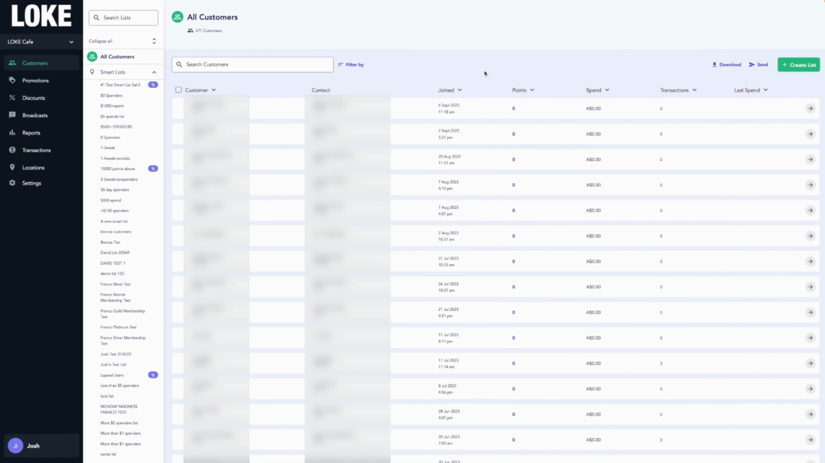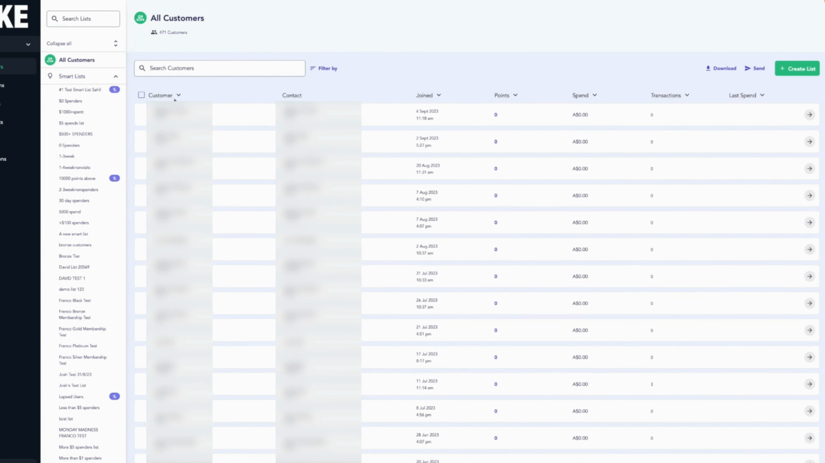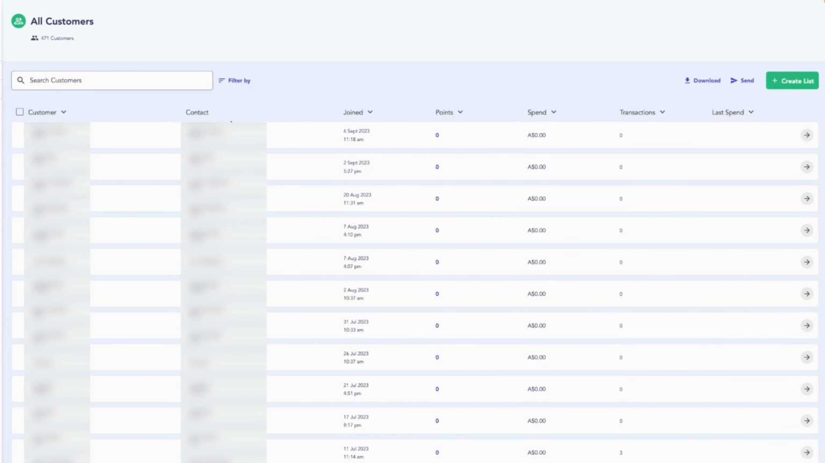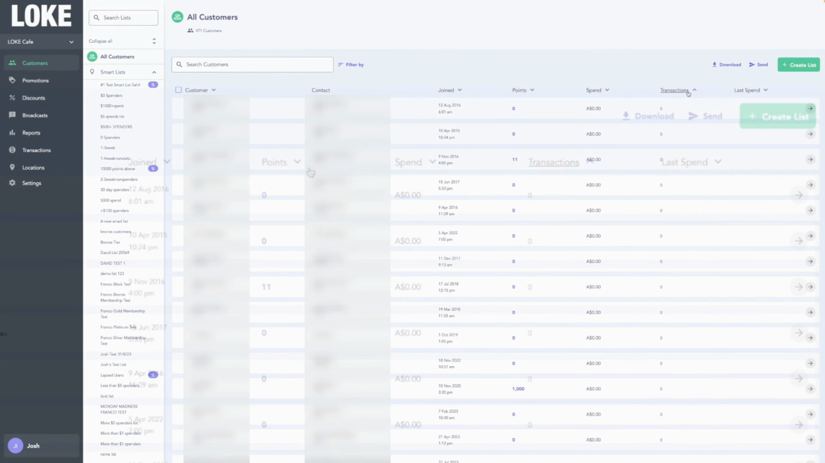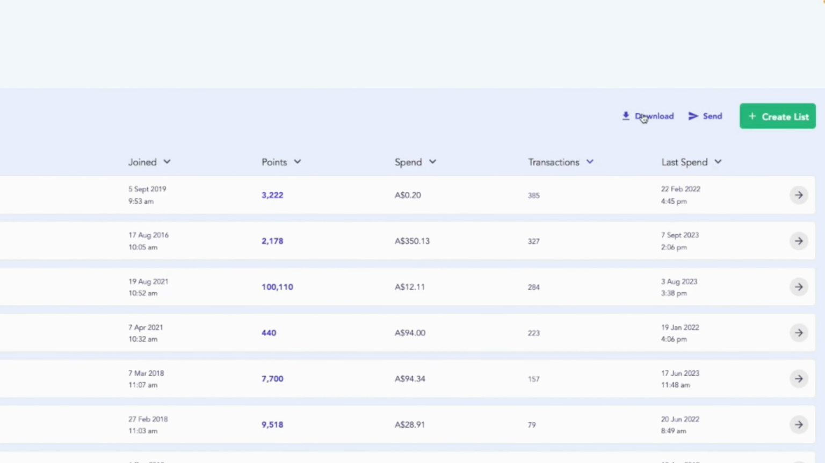Okay, so first up, we're going to have a look at your database. In customers, you can see every customer that has transacted within your business or created an account. In here, we can see the customer name, their contact details, when they joined, their total number of points, spend, transactions, and even last spend. When you click on any of the fields here, they can populate so you can see the top number or the below number. If you were to download your database as well, you can also see more information such as